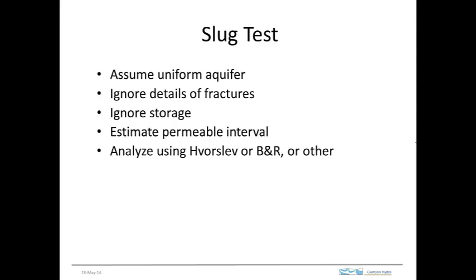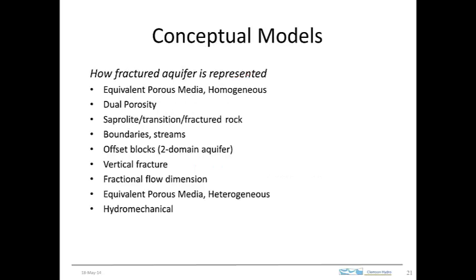Okay, and similar thing with slug tests. As a first cut, we just ignore the existence of the fractures and assume that the aquifer is uniform, and then we can do the slug test and use the Hvorslev or perhaps Bouwer-Rice would be better to give us a little better control on the geometry, or perhaps other analyses of slug tests that are meant for uniform porous aquifers. So that would be the first cut, but there are many other different conceptual models that can be